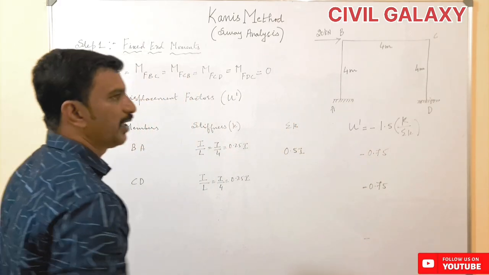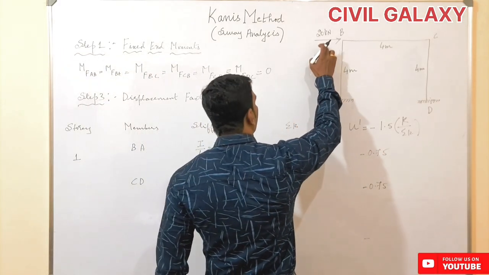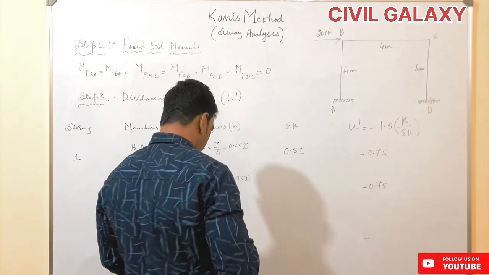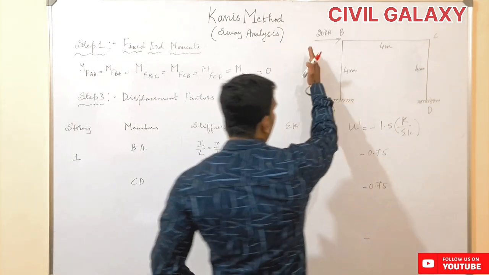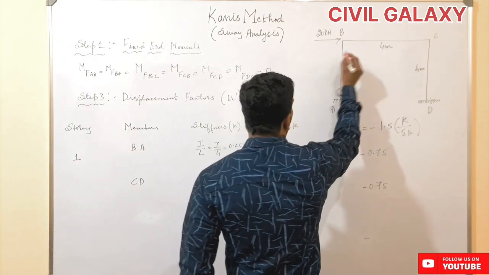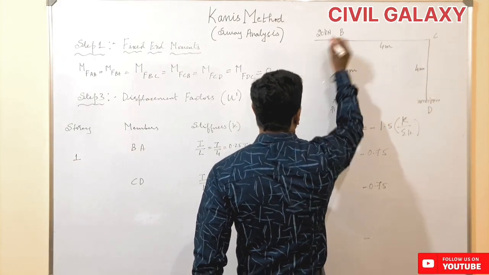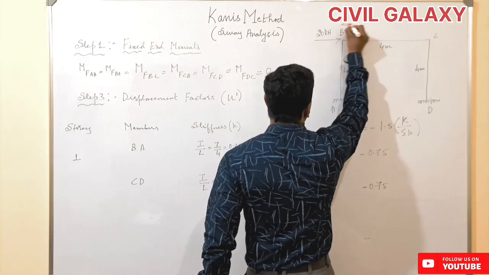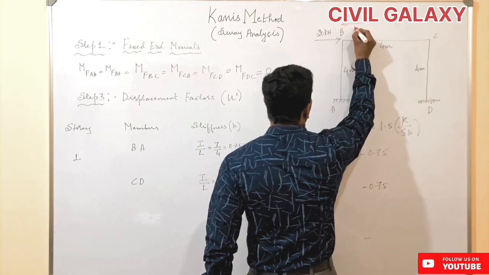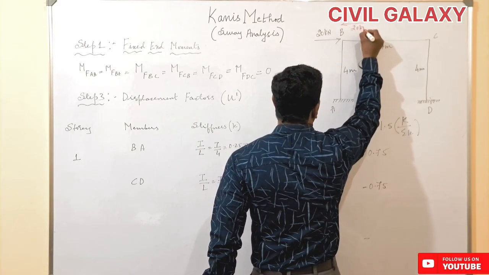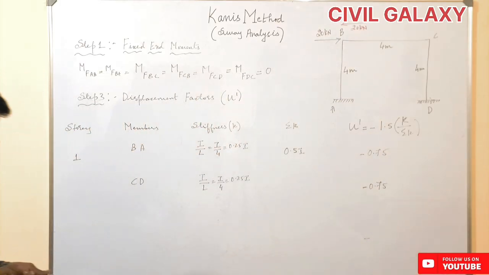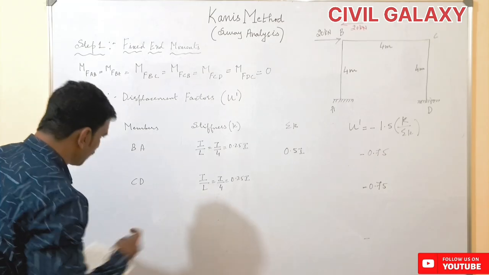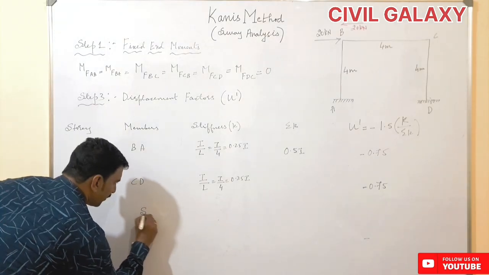After finding out the displacement factor, next we need to find out the story moment. See here, since we are having a lateral load of 20 kilonewton, which is coming from left to right, the opposite force will be in the direction from right to left. This will be 20 kilonewton. Since it is coming from right to left, we will take it as positive. So if I want to find out the story moment,